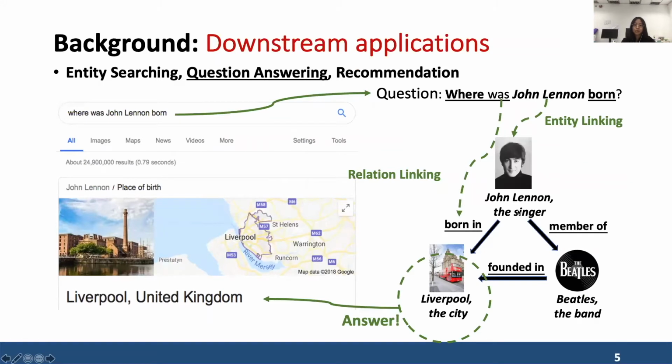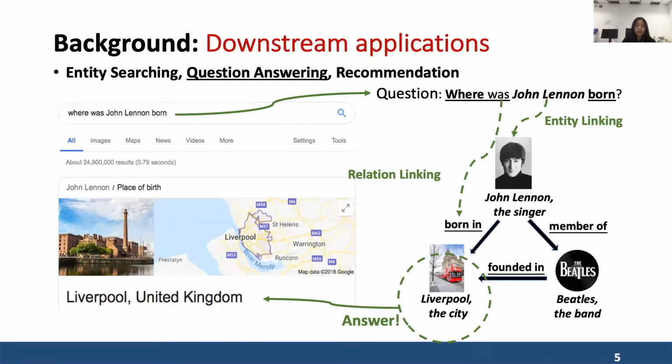Knowledge bases are quite popular in nowadays downstream applications, such as entity searching, question answering, and recommendations. Take the traditional question answering task based on KB as an example. Given this query input by the user, we link John Lennon to be the British singer as entity, and where born to the predicate born in, so that we can target at Liverpool, the city, as the answer to